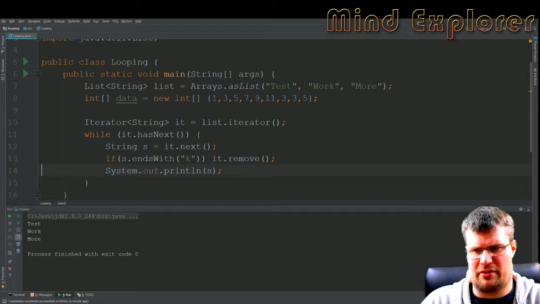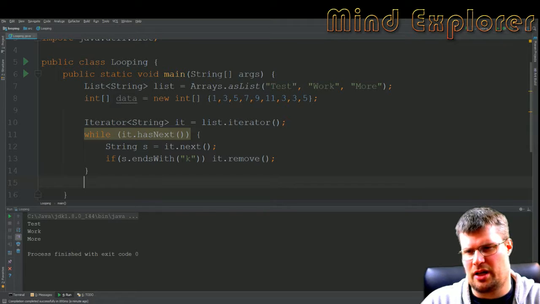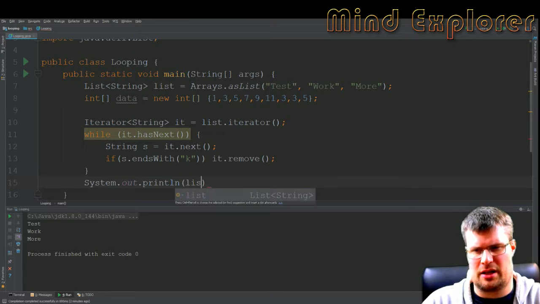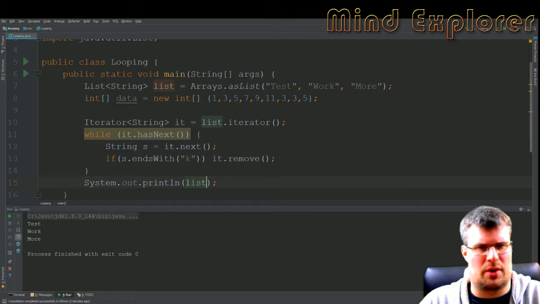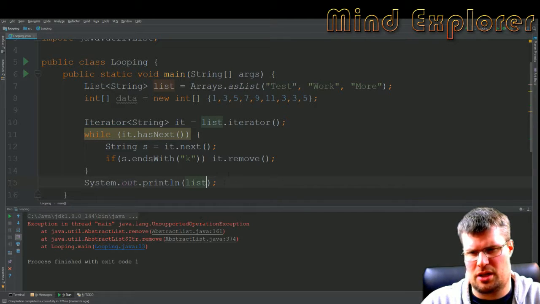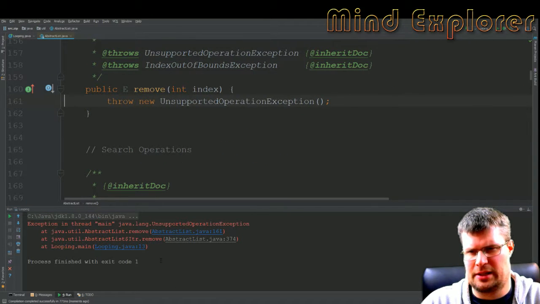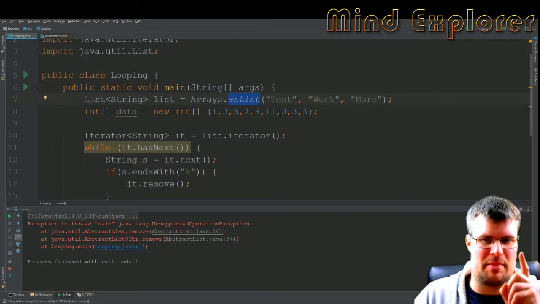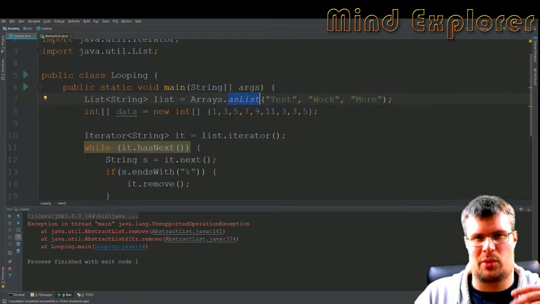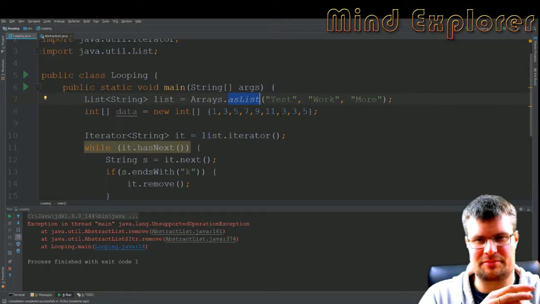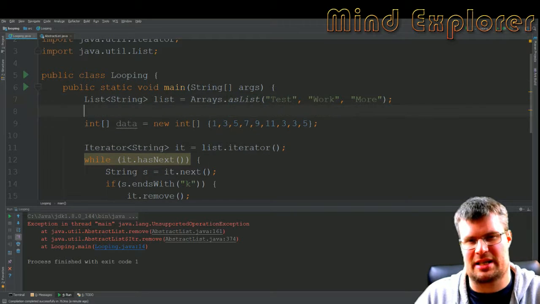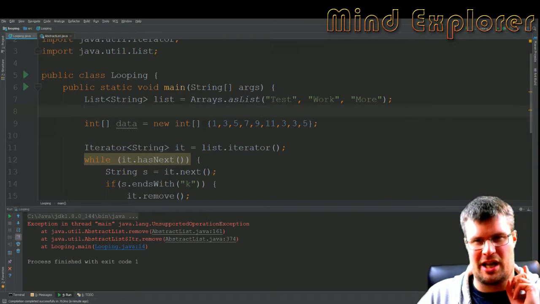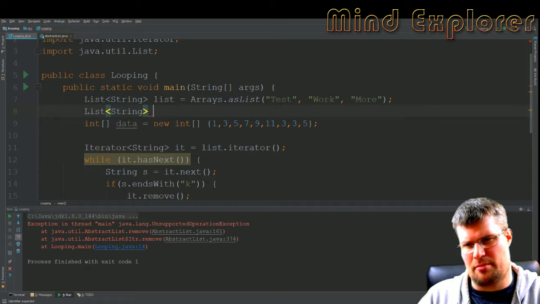And if we, after we have ran this little function, look at our list. So let's do a system out println list. I wonder if I can do just like that. Probably not. Unsupported operation. This is my problem here. I can't do a remove on a list that I have created by as list, of course, because what is specific with this new function as list is that it's immutable, so I'm not allowed to actually remove something from that. So let's create a new string, my new list,